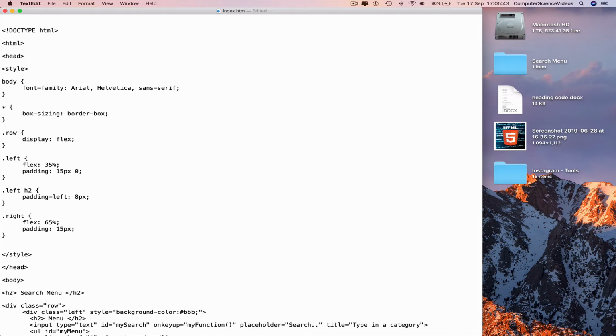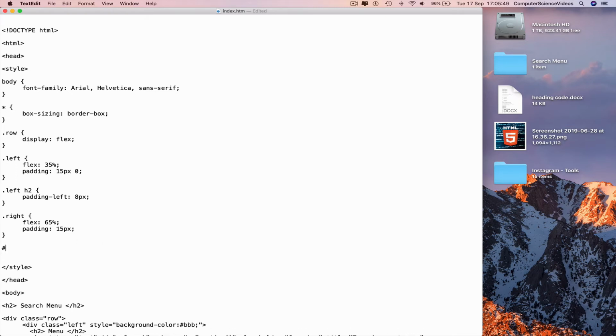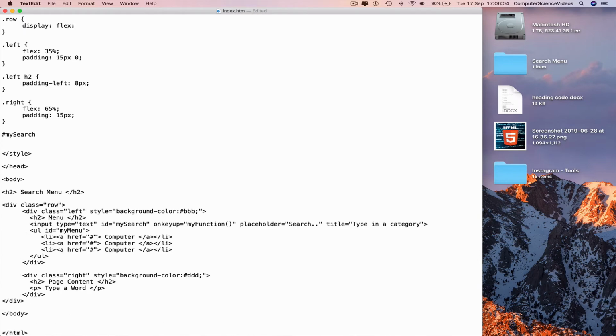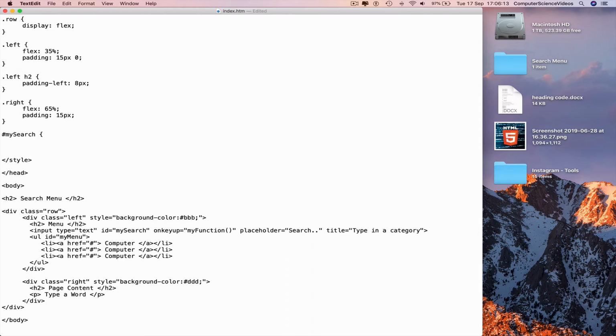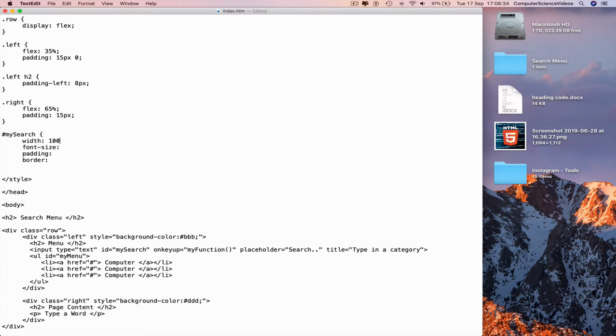We now need the style for the search box. Go to a new line, hashtag my search. And we have all these keywords in the div class. My search, curly brace, new line, width, font size, padding, and border. The width needs to be 100%, semicolon. Font size can be 18 pixels,